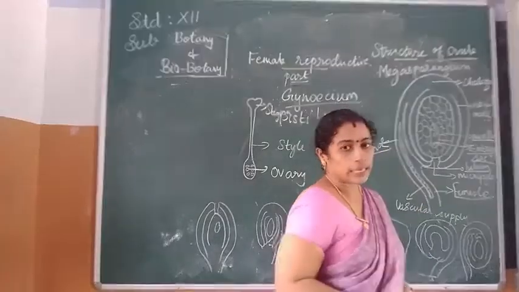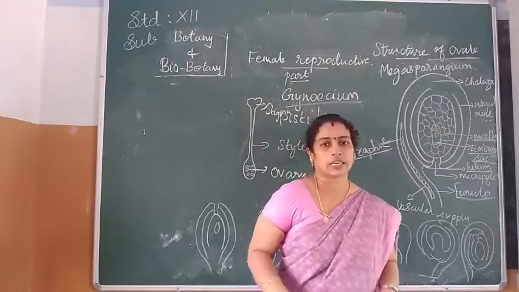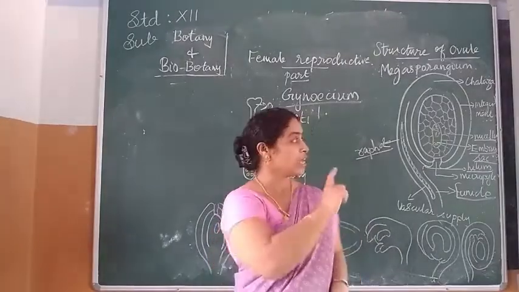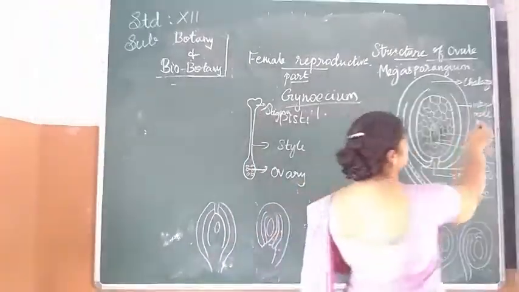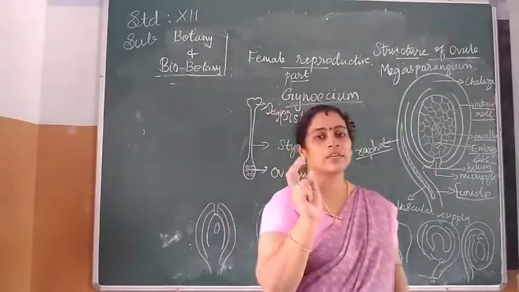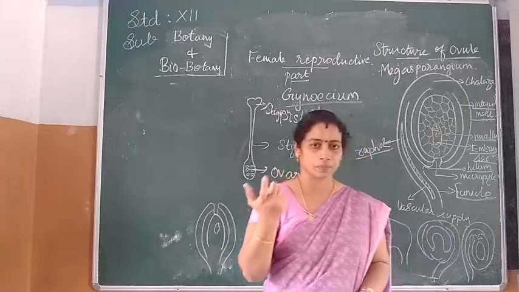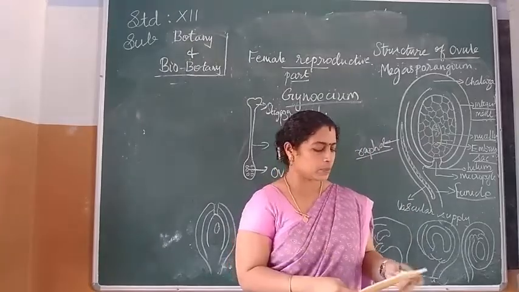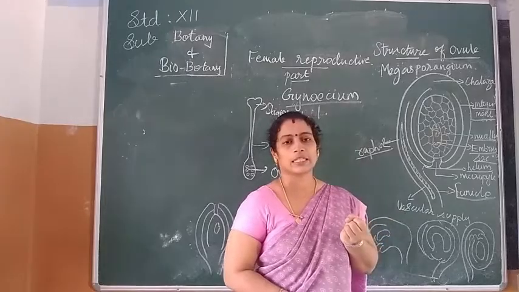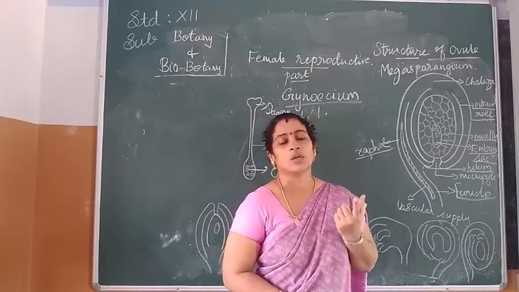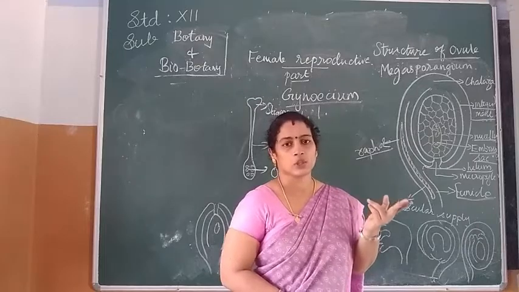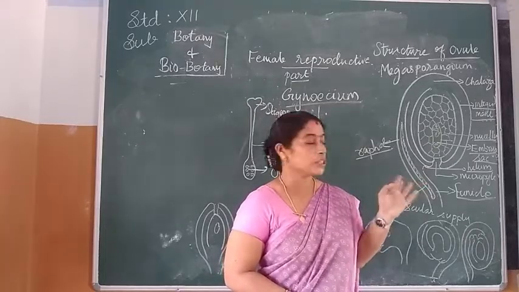Then this nucellus is covered by the integument. It is protected by a covering called the integument. Based on the presence of one or two integuments, it is classified into unitegmic or bitegmic. If there is only one integument, it is said to be unitegmic, and if there are two integuments, it is said to be